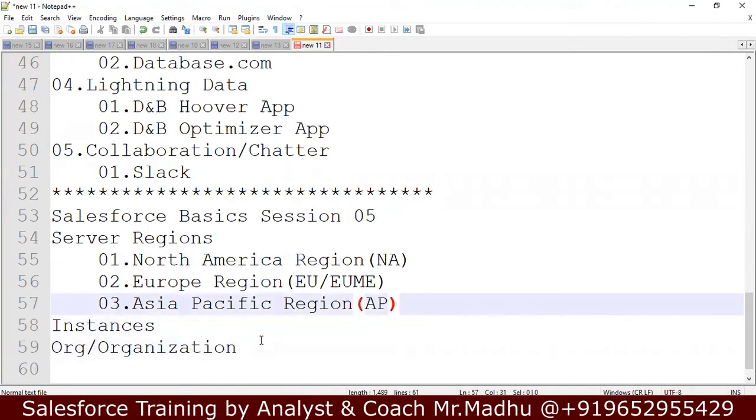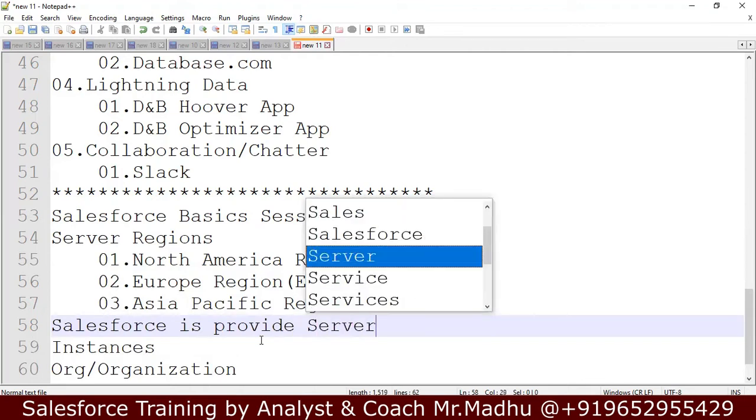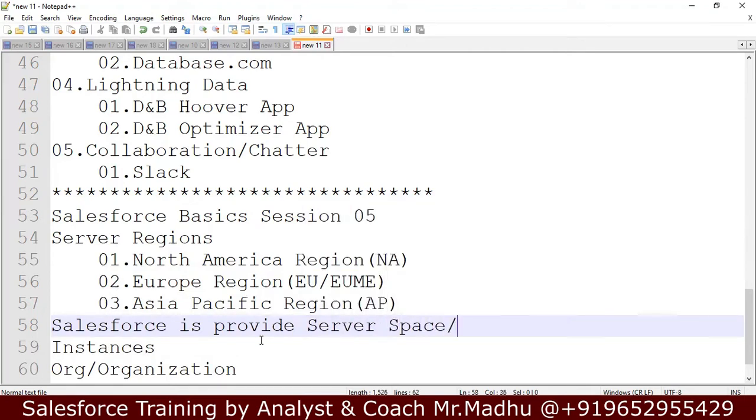Now, how are they maintaining servers? If you are in India, if you create a Salesforce Edition account, or if any customer or any organization takes Salesforce service, in which region will memory space be allocated? Usually, Salesforce is providing server space or memory space.